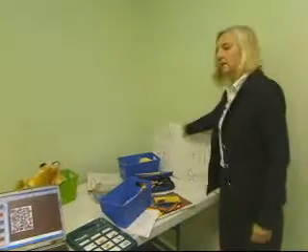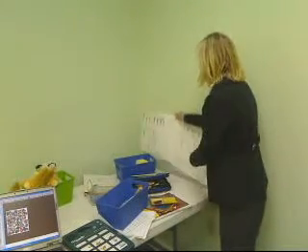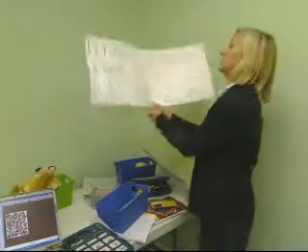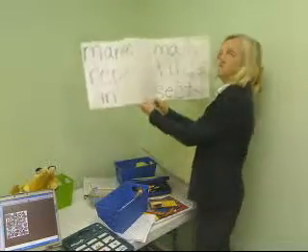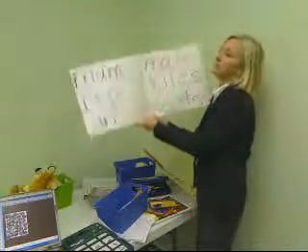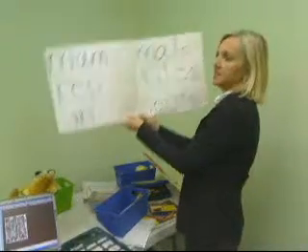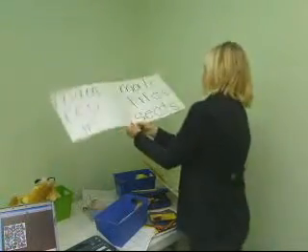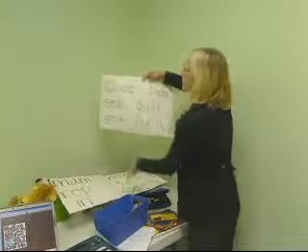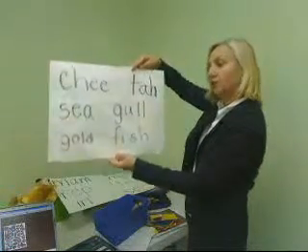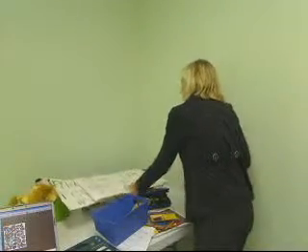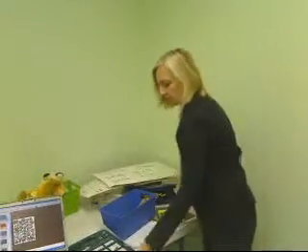Let me show you my big words for maybe the visually impaired again. This could be a good way for them to see, I thought. I'm trying to show phonemes. I'm trying to get them to see that there are syllables: mammals, reptiles, insects, cheetah, seagull, goldfish. You'll see that I talked about this in another place here with my Go Talk in a minute. I've used the Go Talk to represent that,